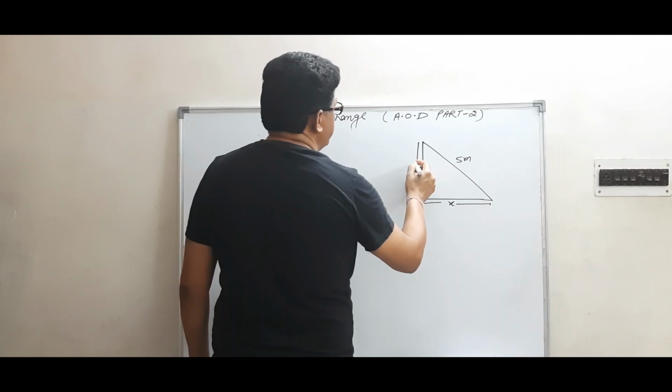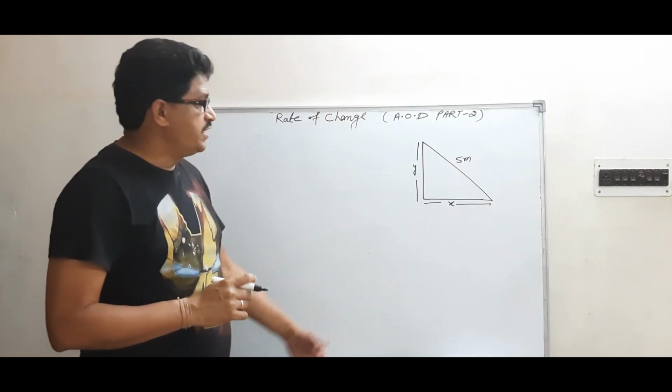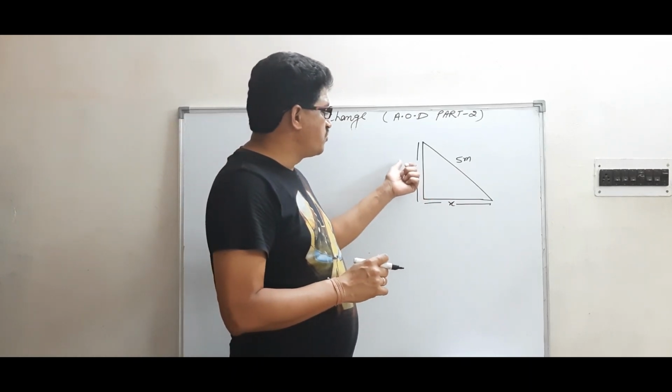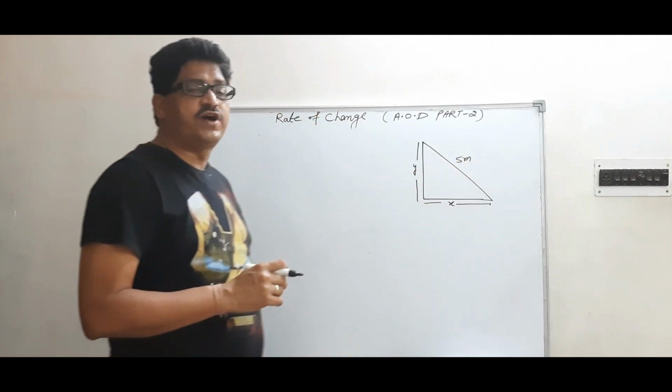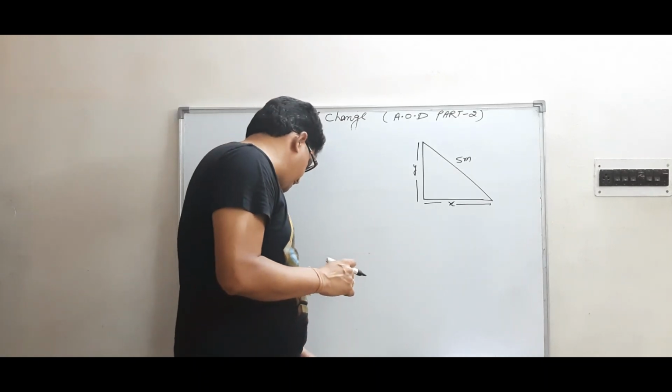दिस इज y, हमने मान लिया इसको y, इस डिस्टेंस को मान लिया x, इसको मान लिया y और लेंथ ऑफ लेटर है 5। लेंथ ऑफ लेटर इज 5 मीटर।